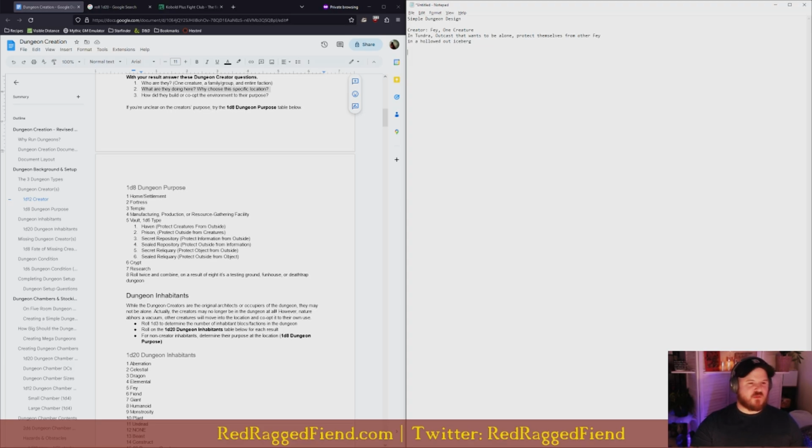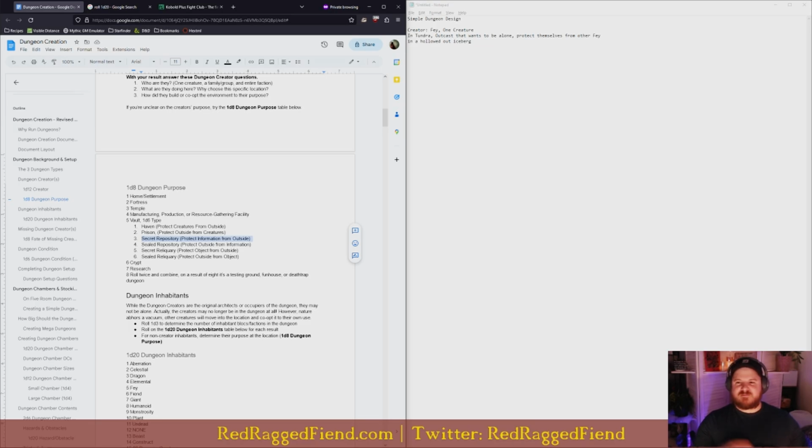And if I needed to, I could roll on this 1d8 chart. It's really useful if you kind of get stuck, right? Random tables are super good for that. If you get within your own mind and you don't know exactly what to do next, you just roll on a table. And if you roll on the table and you don't really know how to interpret it, you are the arbiter, right? We are the human element. We get to be like, I don't know how to do that. I'm going to roll again to get something that sparks my imagination. That's what the tables are here for. And that's how they function in this dungeon creation process. The idea is that it's supposed to get you thinking, not necessarily make you beholden to random results that you end up rolling. So we don't necessarily need to do this dungeon purpose, but just for fun, let's see what would happen if we did